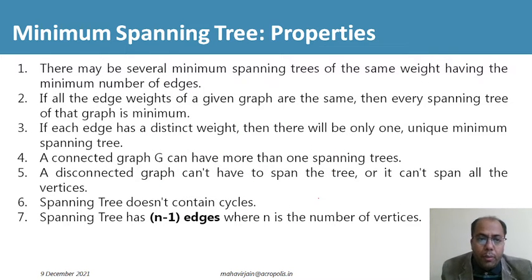There are different properties of a minimum spanning tree that you can read from my slide, but the main thing is that there are V minus 1 or N minus 1 edges to connect the spanning tree. When the weights are minimum, then it is called the minimum spanning tree. Otherwise, if you are selecting random weights, then it can be a spanning tree. So there can be multiple spanning trees of a given graph, but there will be a single minimum spanning tree out of all the spanning trees.